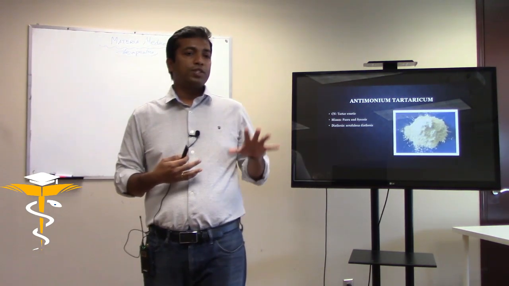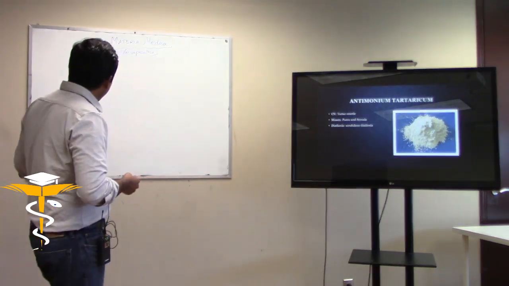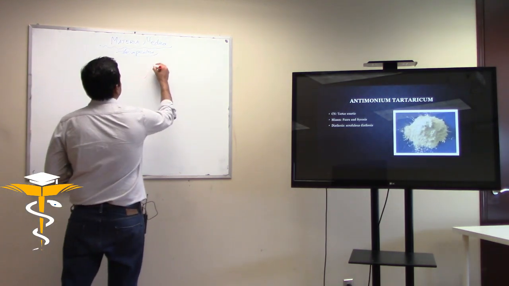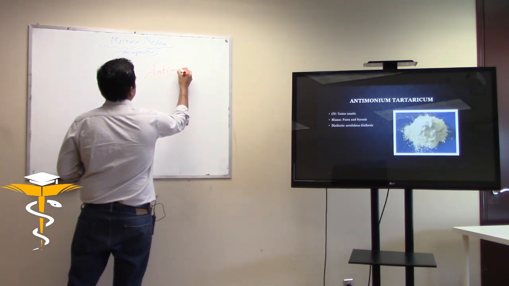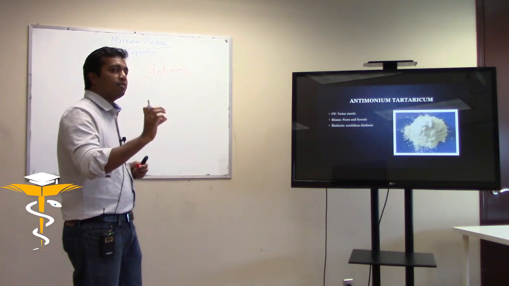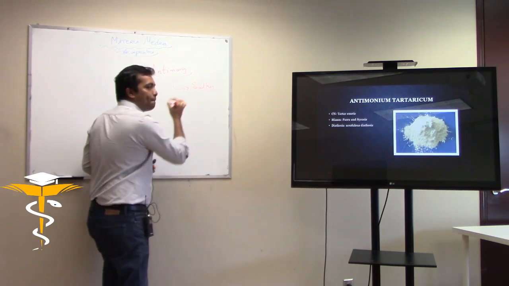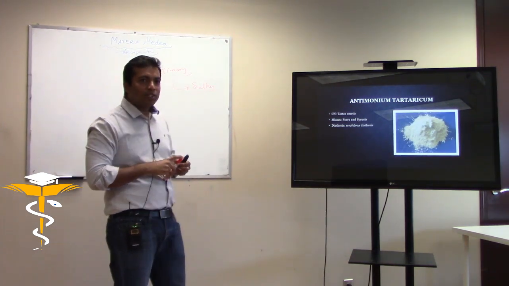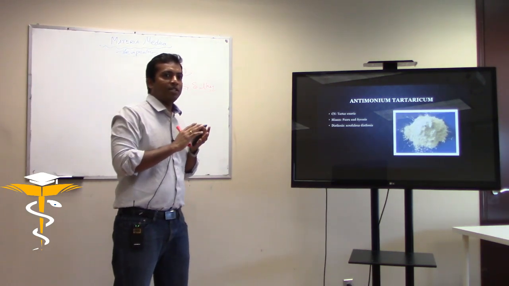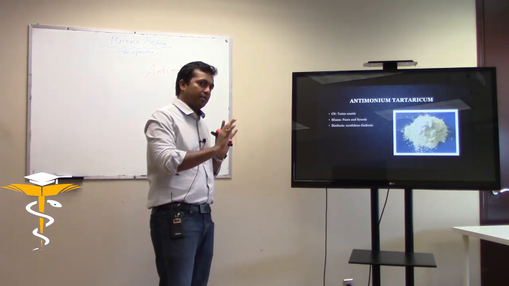Now if you remember, we've also studied another remedy called Antimonium crudum. But there's one thing I told you, all antimony group remedies have. And what is that? All the antimony groups, whether it be antimonium crudum, antimonium tartaricum, antimonium sulfide, all of them have one characteristic mental symptom, which is sulkiness. Now the sulkiness you will find in all the antimonium groups. So you don't have to remember, oh, what is antimonium sulf's mental symptom? What is antimonium crudum's? No, everybody has the sulky symptom. Right? That is a common mental symptom in the antimonium group.